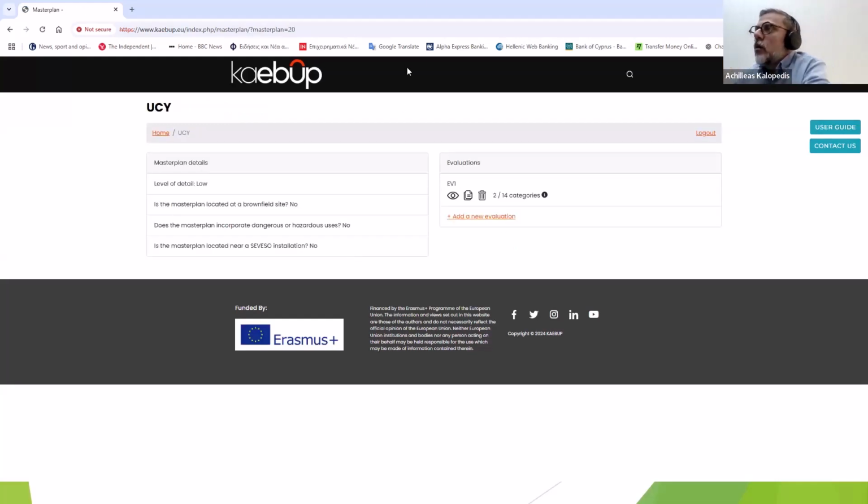Okay, so if this is your first master plan, it would ask you a number of questions here. So the level of detail of your design, if it's low, medium, or high. Low generally means a design of land uses only. High would mean close to final design. And medium is,